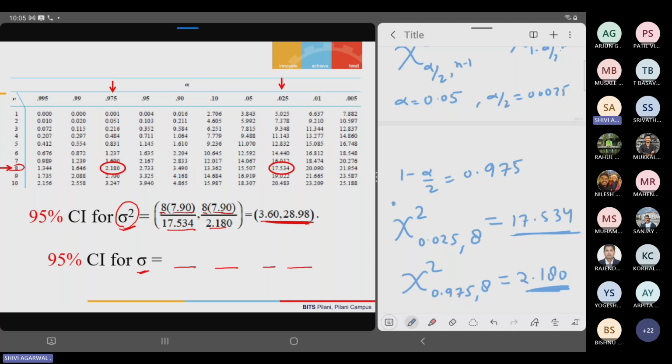In the hard copy, in the 9th edition, I have this copy, and I found the table. If you have the problem, what I will do in the examination is provide that type of table in the question. As in the closed book examination, I provided the table for the binomial distribution. So definitely, if there is any question related to the chi-square distribution, I will provide you the